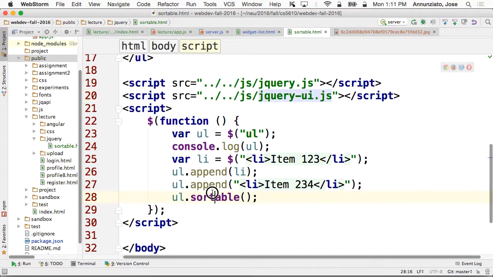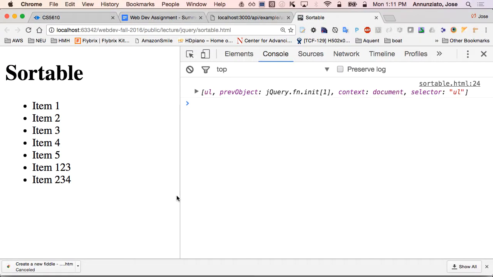Right. So sortable turns on the sortable behavior for UL. What it does is that it makes all the children underneath sortable, so you can move them around. So for instance, if I refresh, now these all become movable around. I can move them around, right, and it resorts them. But notice what's happening here. The DOM is being manipulated, right? If I look at the elements,